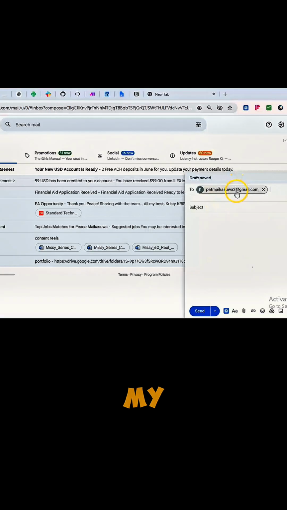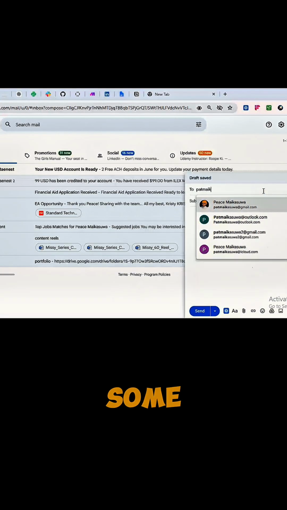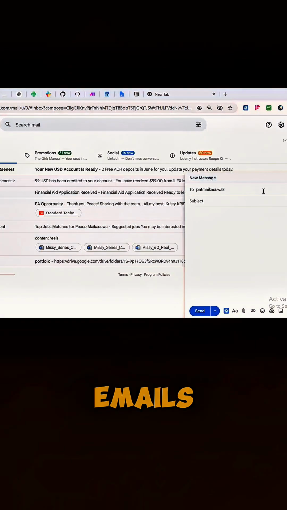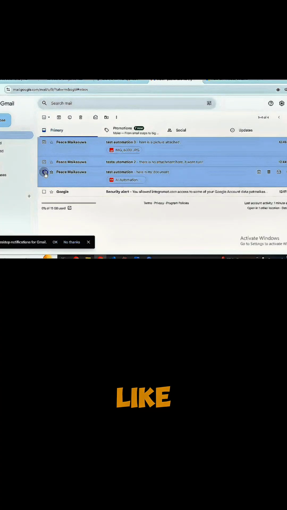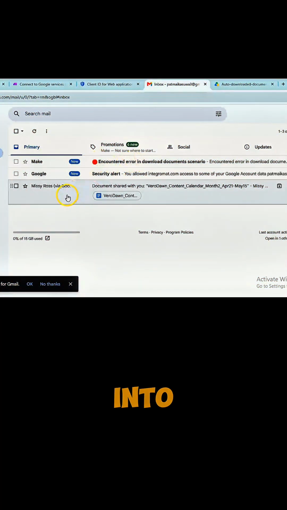So I'm going to go in my email and send an email to pathmakerswat3@gmail.com. That is the email we are using for automation. So I'm going to send some attachments with images, etc. I'll send like 3 emails. So after sending 3 emails, like you can see, and after 15 minutes, the automation ran, and we ran into an